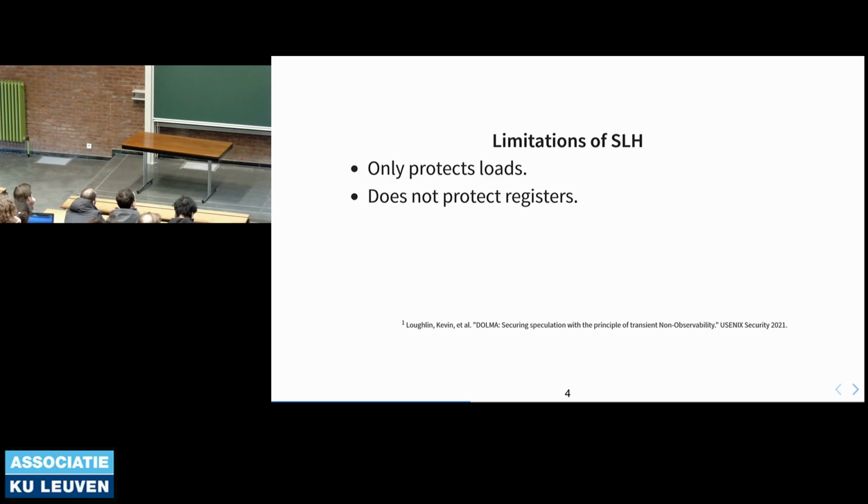For the first array, array 1, we already needed two loads. So we first loaded array 1, and then we loaded array 2. But if we don't need this load, if the value is already in a register, SSH does not engage, and it's not protected. And kind of the starting point of this project was, well, what happens, for instance, with